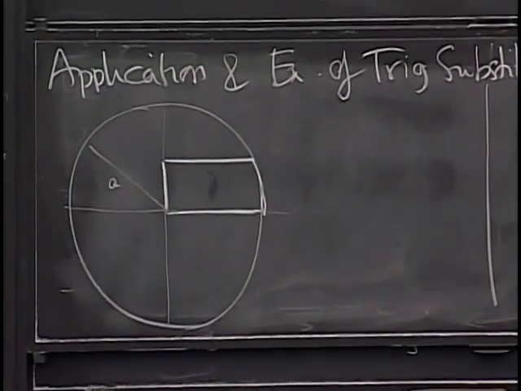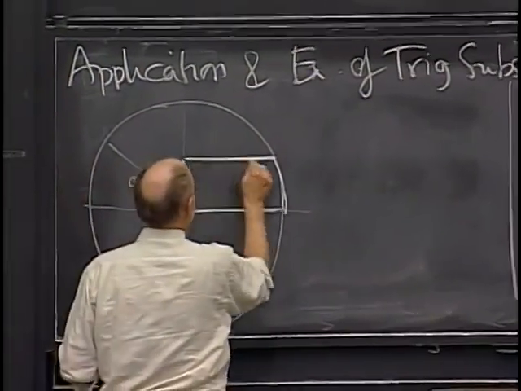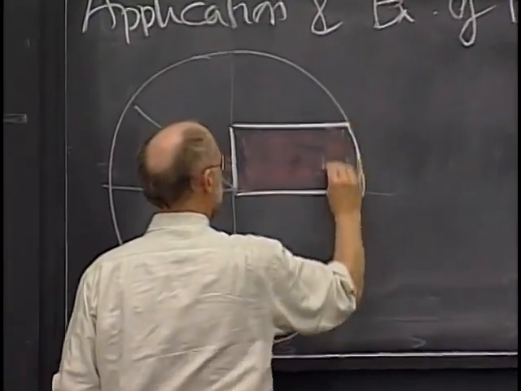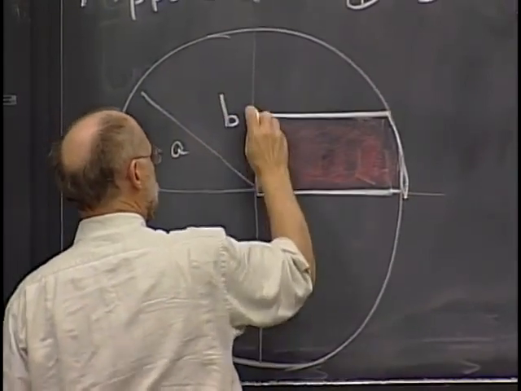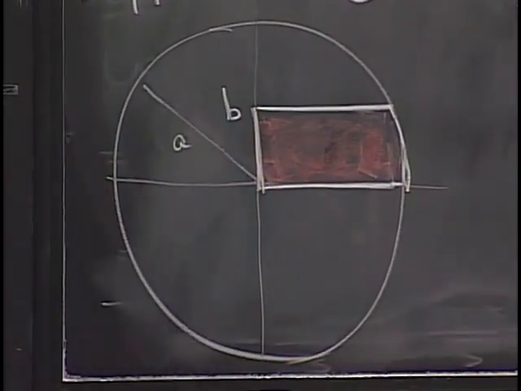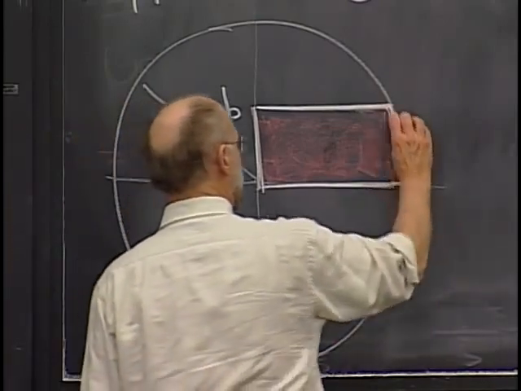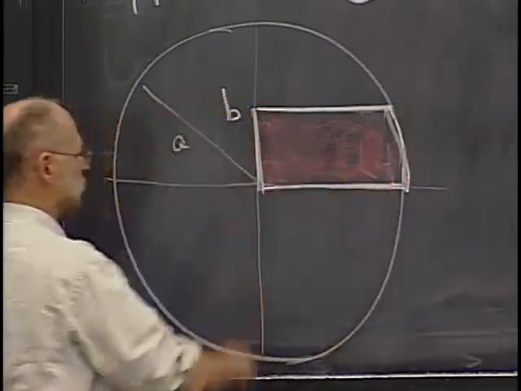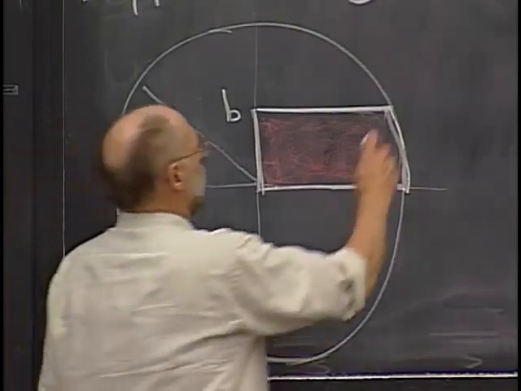Okay, so I have a circle whose radius is a. And I cut out from it a sort of tab here, this tab here. And the height of this thing is b, so that this length is a number b. And what I want to do is compute the area of that little tab. That's the problem. There's an arc over here, and I want to find the area in terms of a and b. So the area,